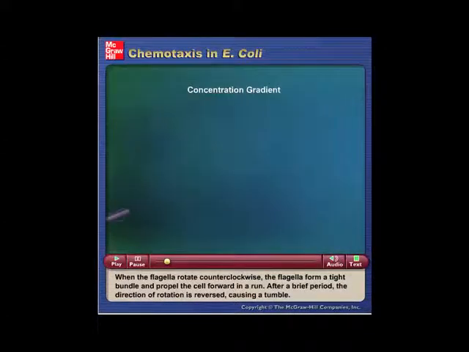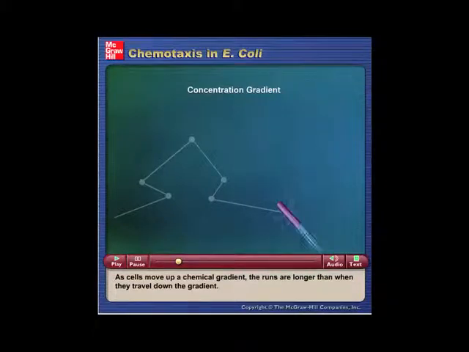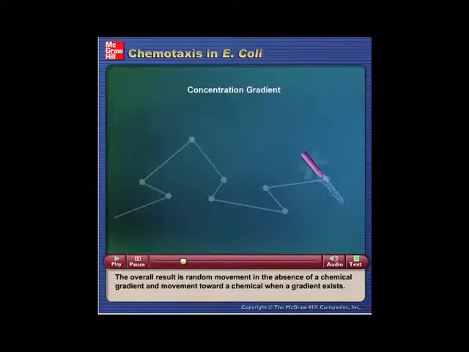When the flagella rotate counterclockwise, the flagella form a tight bundle and propel the cell forward in a run. After a brief period, the direction of rotation is reversed, causing a tumble. As cells move up a chemical gradient, the runs are longer than when they travel down the gradient. The overall result is random movement in the absence of a chemical gradient and movement toward a chemical when a